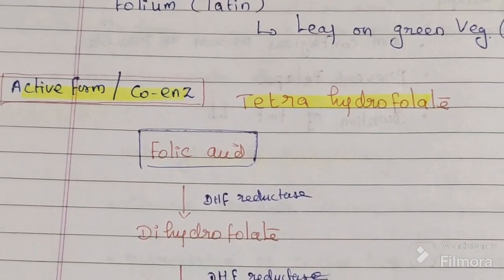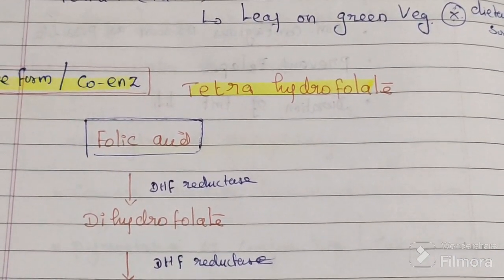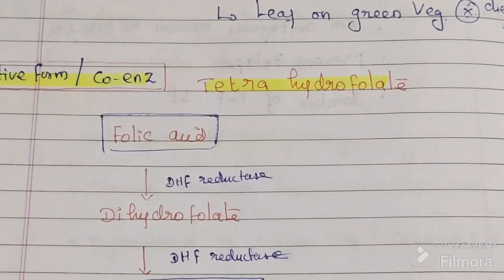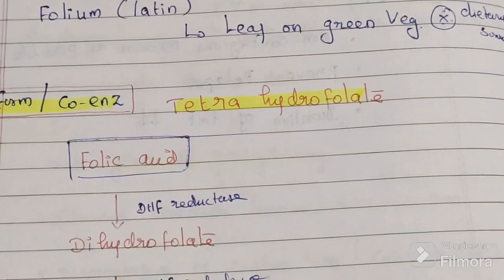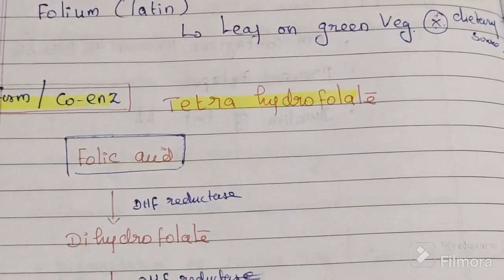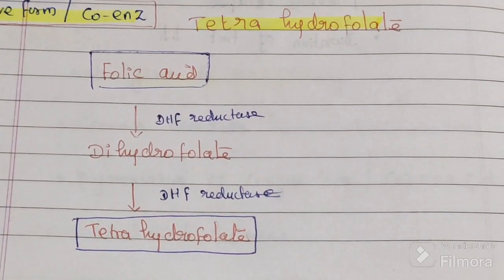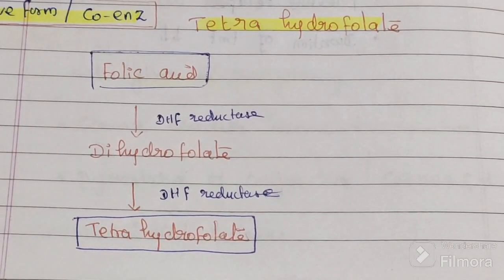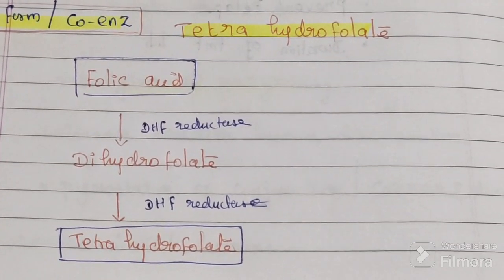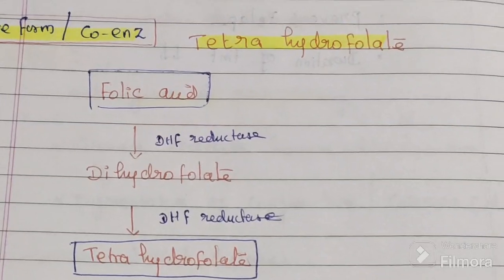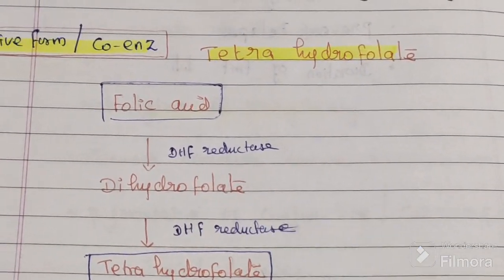Coming to the active form or coenzyme form of folic acid, it is tetrahydrofolate, which is the active form of vitamin B9. It is responsible for a number of biochemical reactions. Folic acid, with the help of NADPH dependent dihydrofolate reductase,